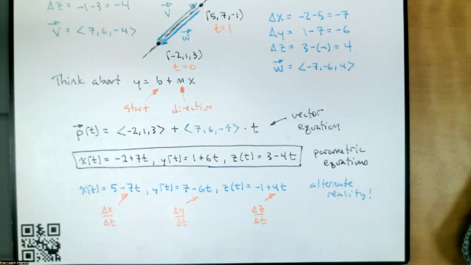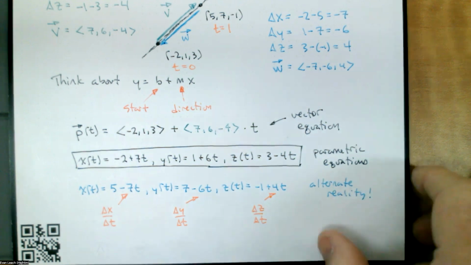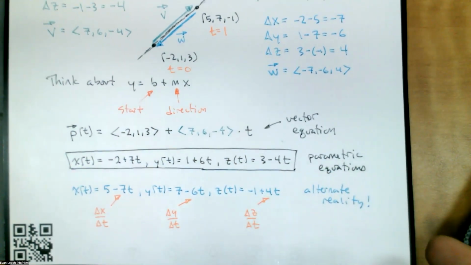So here we go from one point to the other. I should have named them P and Q. We go from P to Q in 1 unit, or from Q back to P in 1 unit on our parameter. But as long as we change the delta t all the way across,